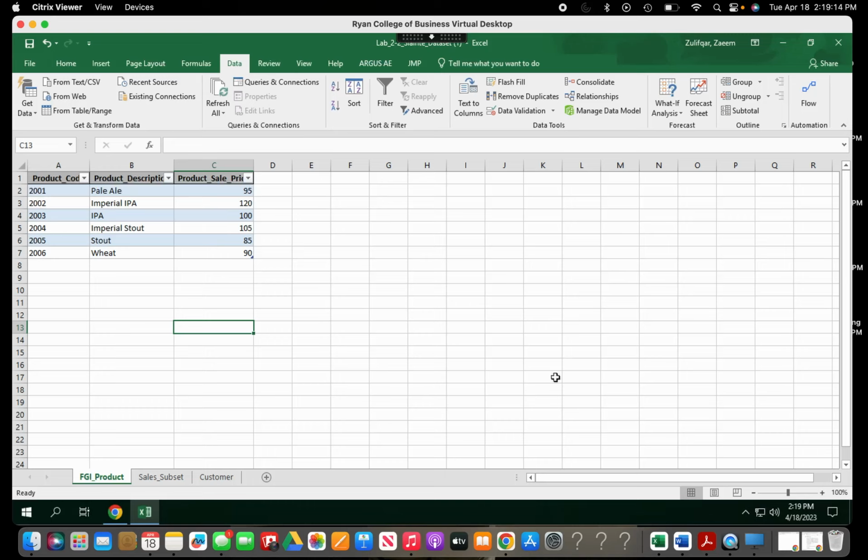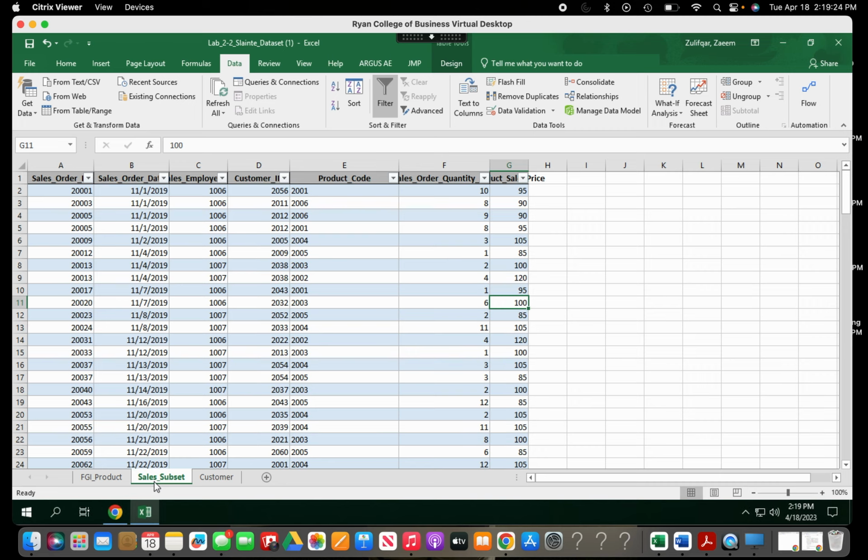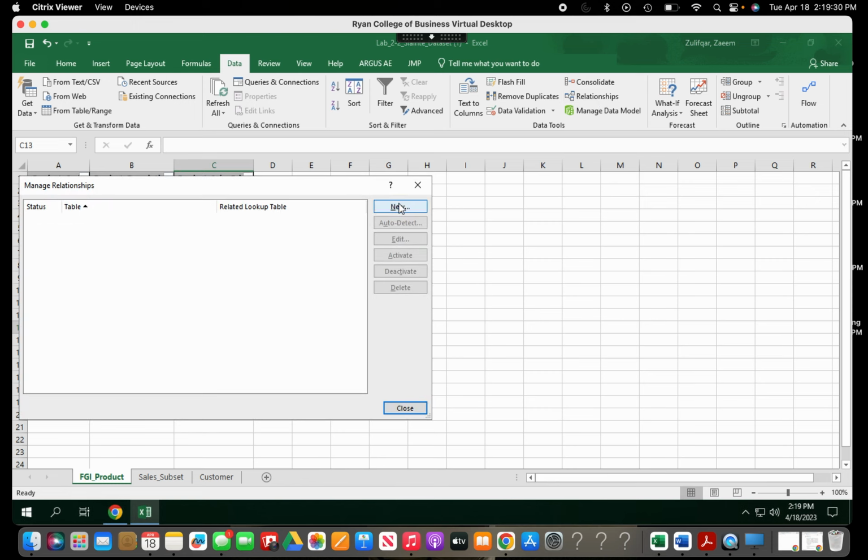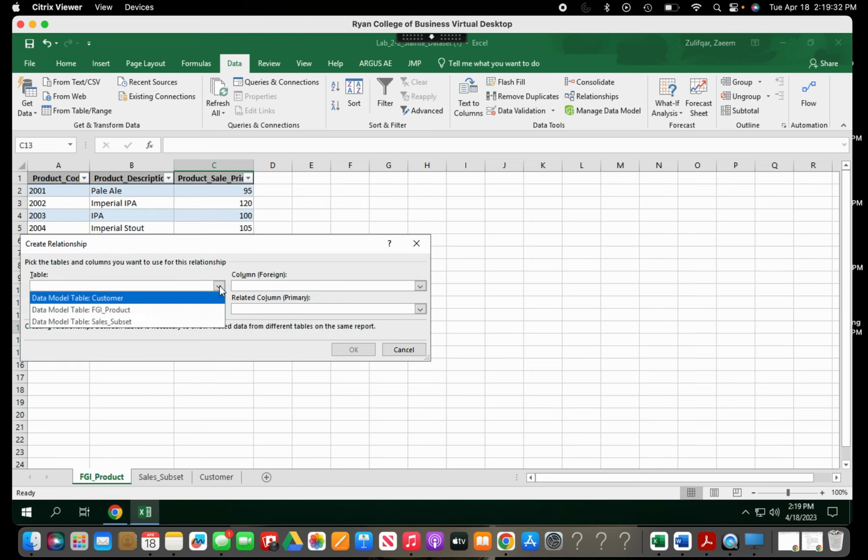My name is Zaim Zolifkar, and today we will be creating two relationships on Excel. The first one is going to be between the FGI product and the sales subset. As you can see, they're connected by the product code. So we're going to go over here to relationships, create a new one,